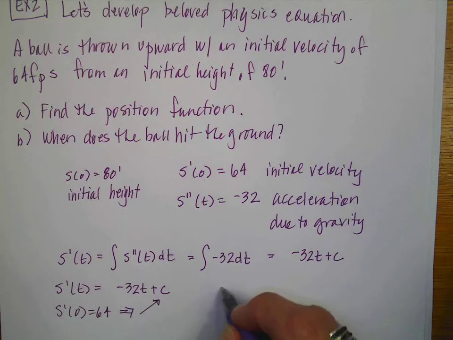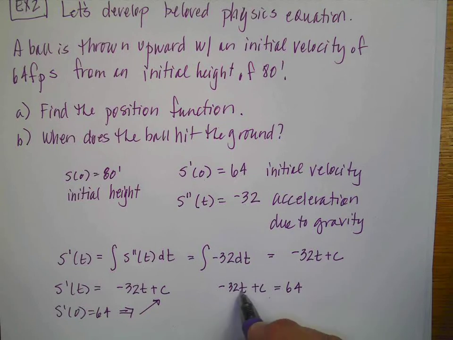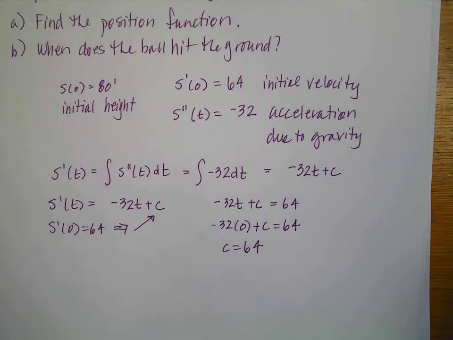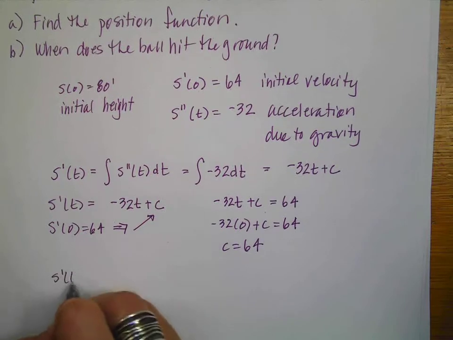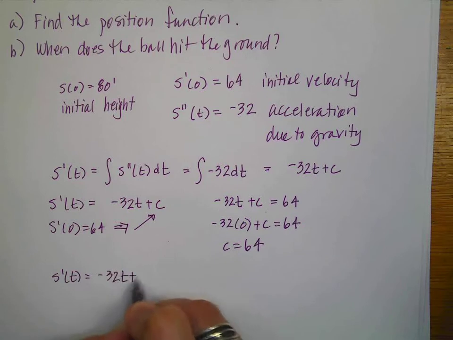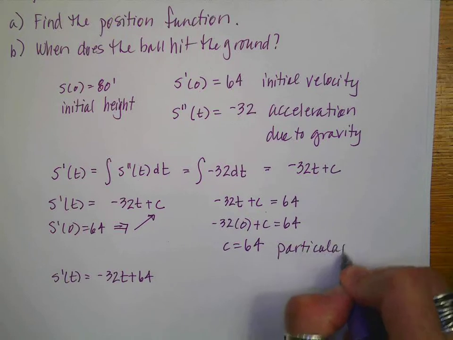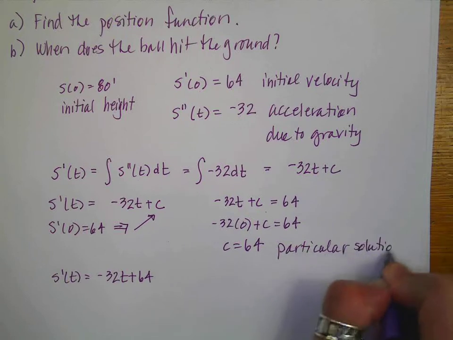I can use this to solve for c. So negative 32t plus c is going to equal 64. And then my initial time was 0, plus c is equal to 64. So c is equal to 64. Okay? So now I know that s prime of t is equal to negative 32t plus 64, and this would be my particular solution,